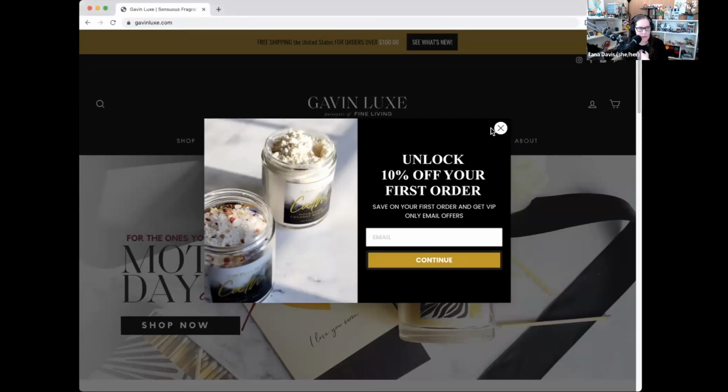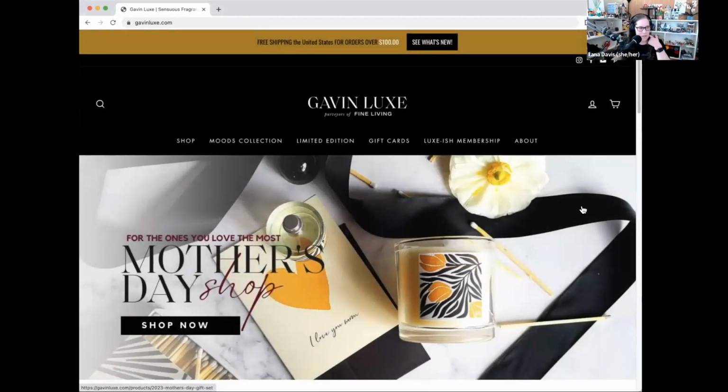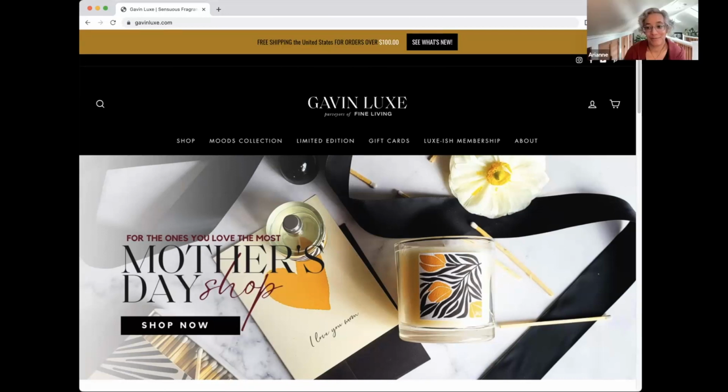Okay, so let's go ahead and just take a look. I'm not going to scroll yet, but looking above the fold, if you will, do we have any thoughts or opinions on this? I see one of my pet peeves. We don't like "shop" because I don't even know what you sell yet. So rather than hiding your categories or collections behind a shop menu where I have to do some work to even find out what's going on, I like to see them all spread across the top so I can instantly go, oh, candles, gifts, perfume, whatever it happens to be. Now I'm oriented without really having to think about it or do any work.